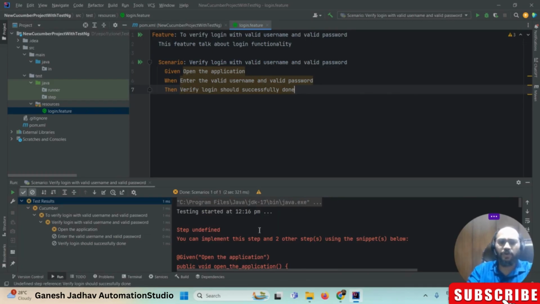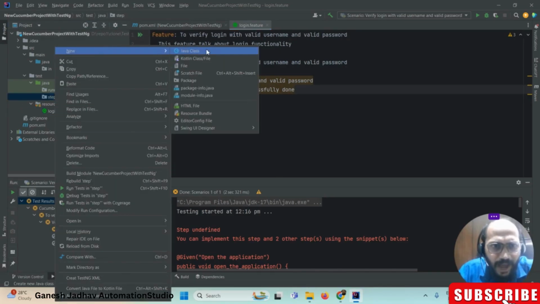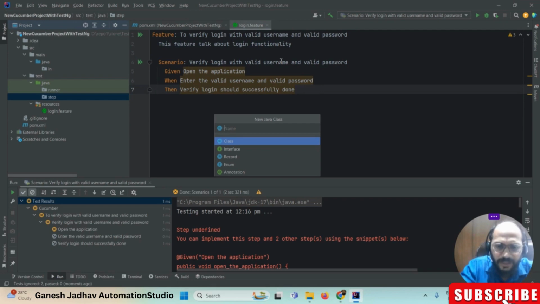Where error is talked about, what error is talked about, guys? Error is talked about, you should be able to add the step definition file. For the step definition file, what is the next thing we have? This is a step folder we already created. I have to create another file which is named as a login step